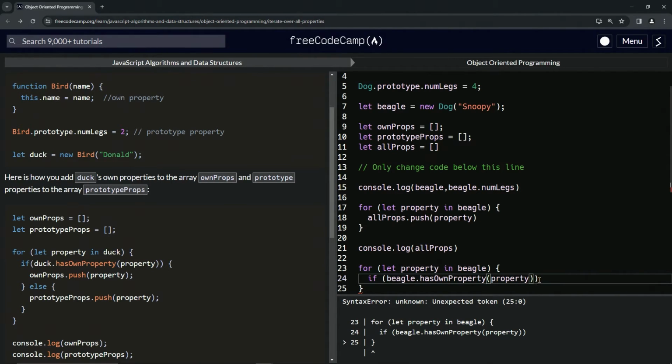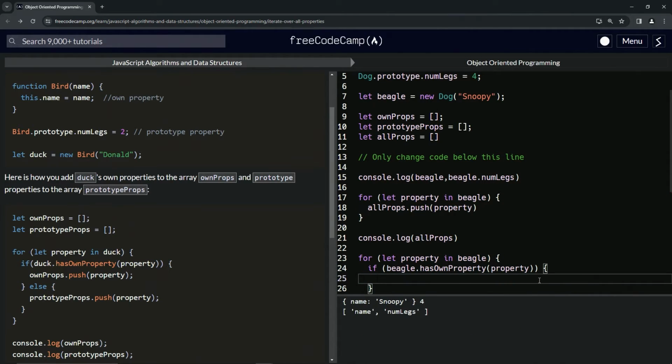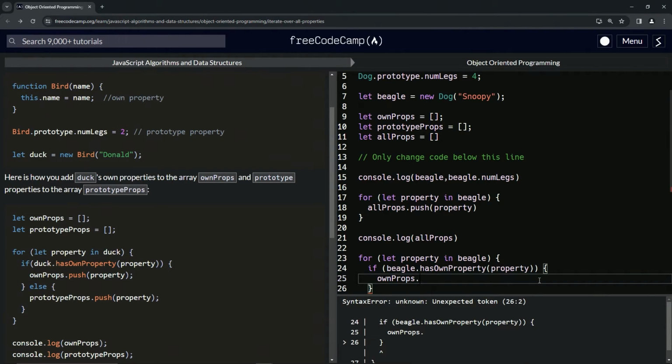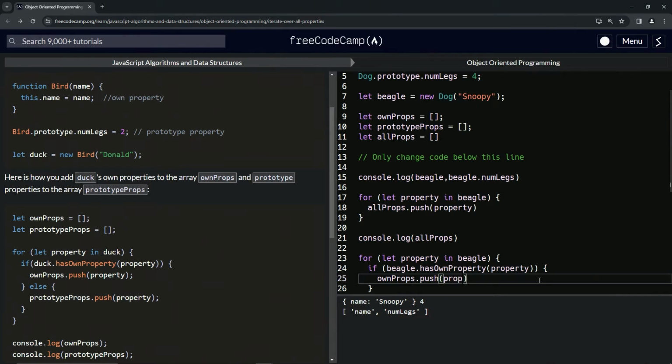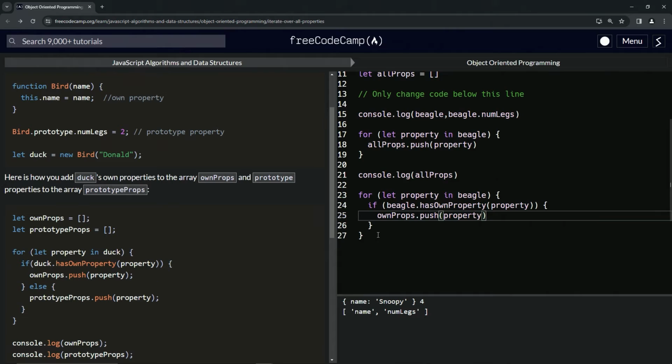What we're going to do is come down here and say ownProps.push, and we're going to push property. All right. So, and then let me come down here. Let's comment this out as if it didn't happen yet. All right. We're going to come down here and say console.log, and we're going to push